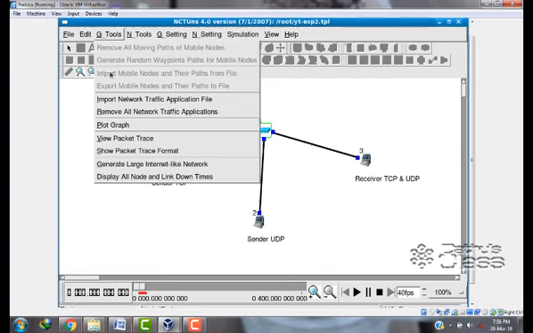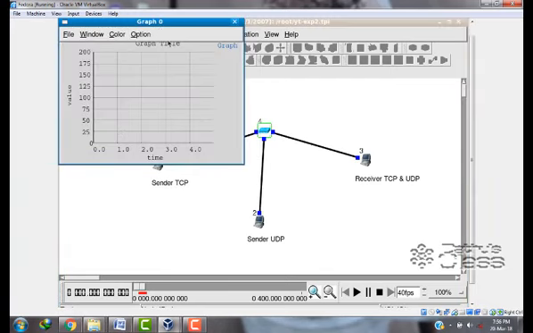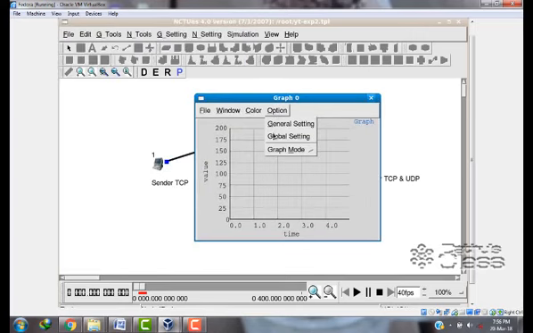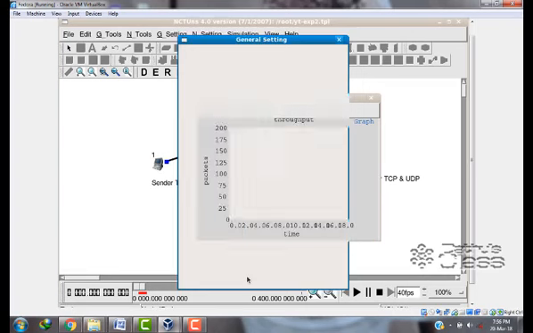Go to G tools, click on plot graph and realign the graph as our simulation was for 20 seconds. Go to general settings, graph type, title as throughput, throughput time, that width is 20 seconds, so I will be setting it as 20, and your Y label is packets, PAC, write it down, and click on OK.